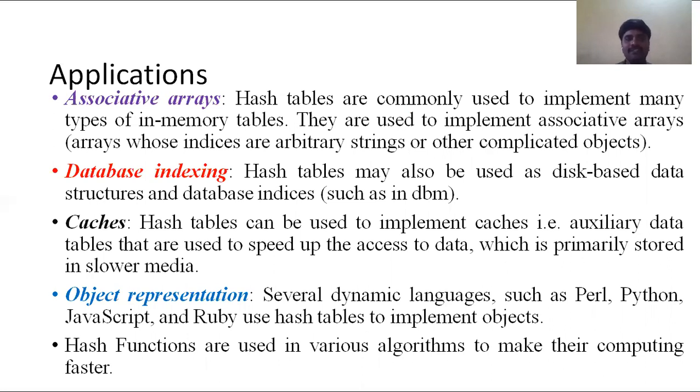So next one is database indexing. I already told you at the start of module 4 why we need to go for trees, graphs, hashing and sharding. The first thing is our main data collection. What we are collecting is big data, so in that the indexing process is very important.